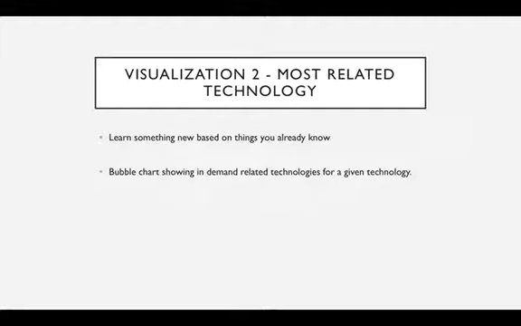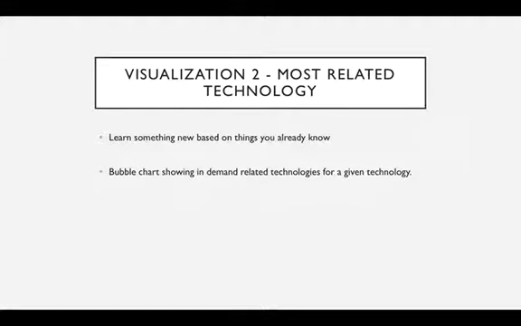The second visualization addresses the other problem that students or young professionals face: what they should learn next, because market needs for technologies keep changing fast and students need to keep up with the trends. Instead of learning something new from scratch, it is easier to learn based on something they already know.